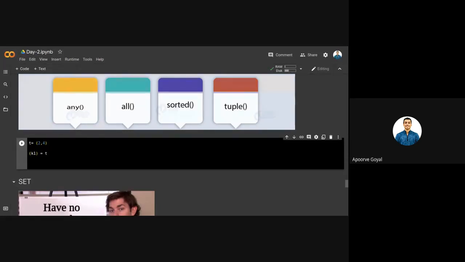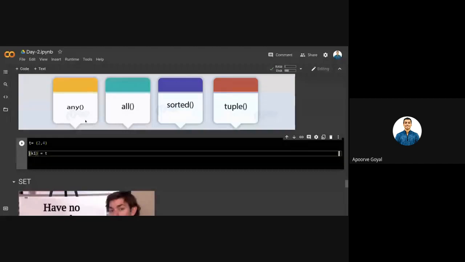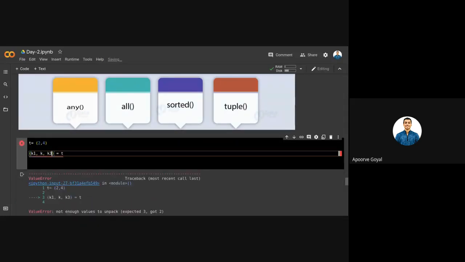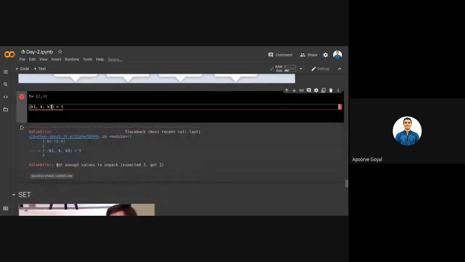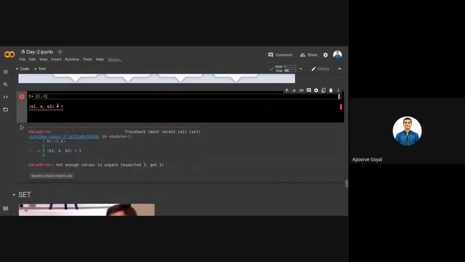So suppose I do that, like K2. Yeah, in this case, you will get an error. Basically, when you are using tuples, if you are not defining two particular keys for values, it will map all those values in that one key, as it was doing with the k1. But if you are using multiple keys for lesser values, in that case, it will return an error.